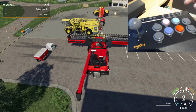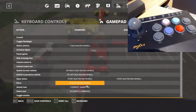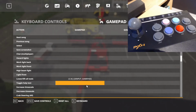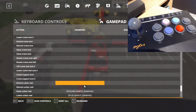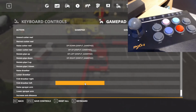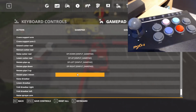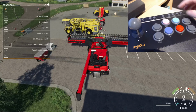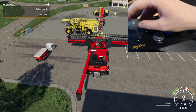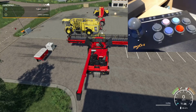Right, that's still not worked. Let me have a look. I'll tell you why. We've selected the header, not the combine, haven't we? There we go. So that's working. Now I'm going to leave that like that, because what we can actually do, when we get in the beet harvester now,